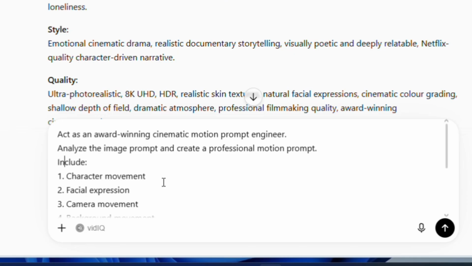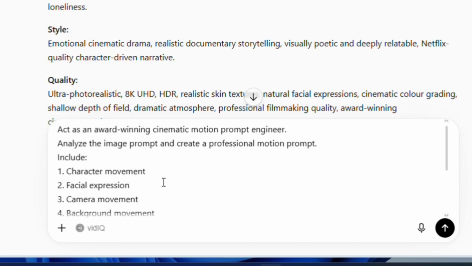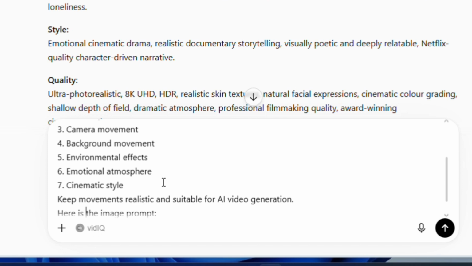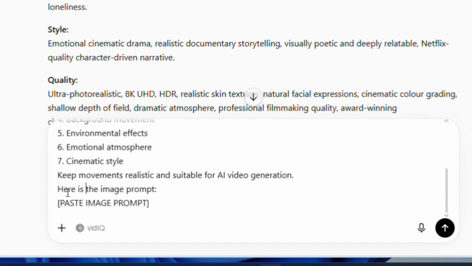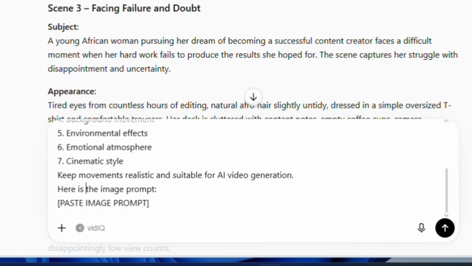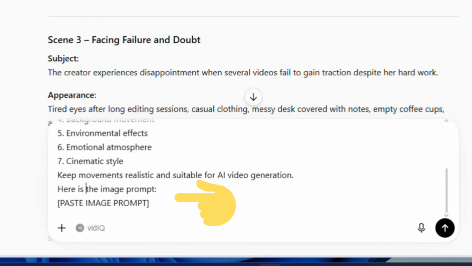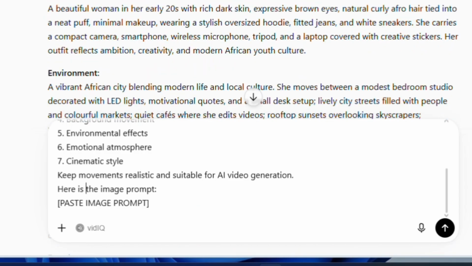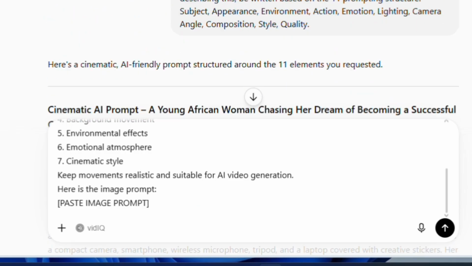Include the character movement, facial expression, camera movement, background movement, environmental effects, motion atmosphere, and the cinematic style. Keep the motions realistic and suitable for AI video generation. Here is the image prompt. So if I type this in right now, I'm now going to copy the scene 1 image prompt and put it in so that